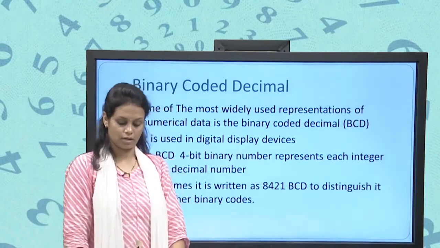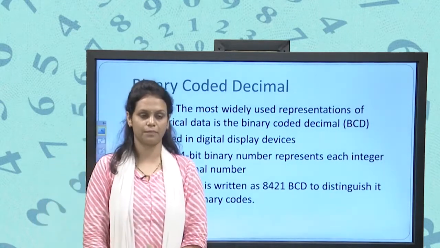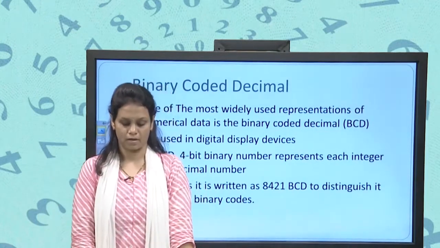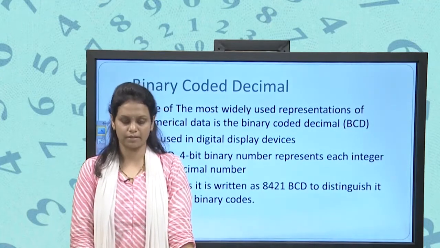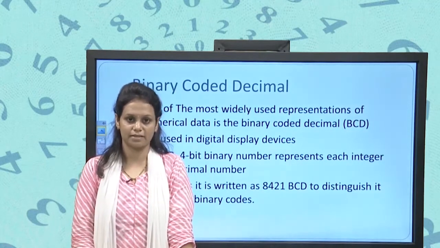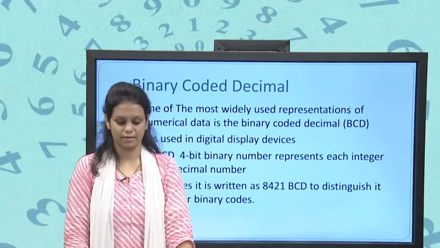We are in the series of Digital Electronics and Computer Organization, Unit 1, Block 1, that is the number system. Fine. In the last some lecture series, we have seen the different base numbers like decimal, that is the 10 base number, then binary numbers, that is the 2 base number, then octal, that is the 8 base number, then hexadecimal, that is the 16 base number. Fine. We'll just revise the last series.